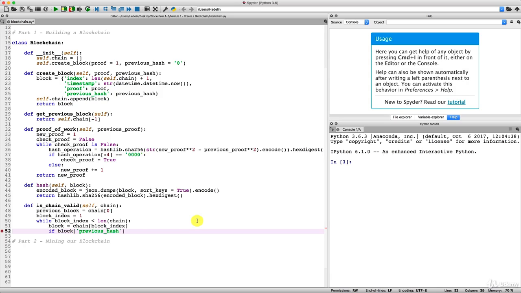So if this previous hash of our block is different than the hash of our previous block, so I'm taking the self here because I'm using the hash method of our blockchain and not a separate hash function. That's why we need to take the self, because hash is a method of our blockchain. So self.hash of the previous block. And so if the previous hash of our current block is different than the hash of its previous block, well,